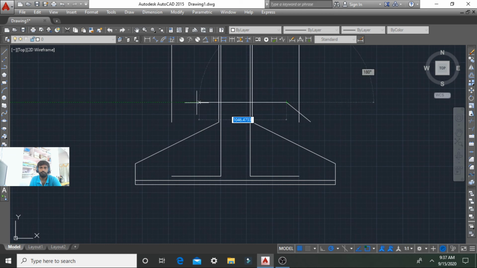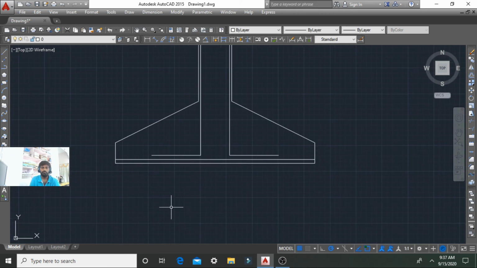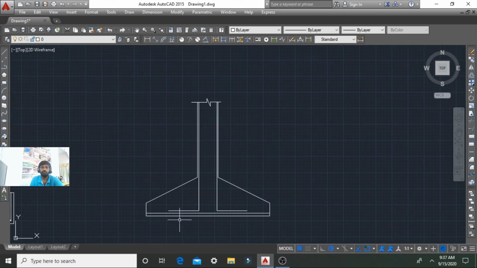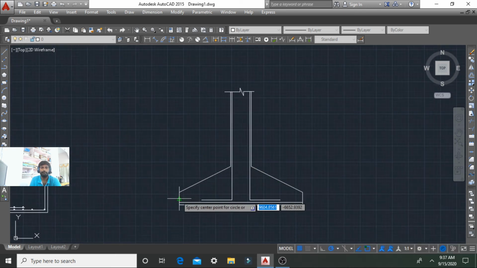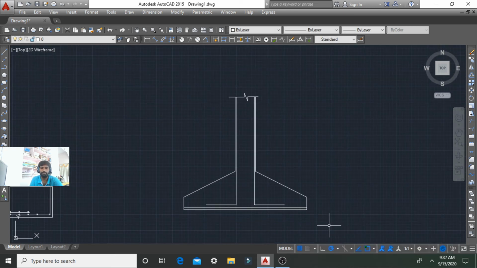So here we go, the 12 mm bars will be placed here, and here the cover is also 50 mm.